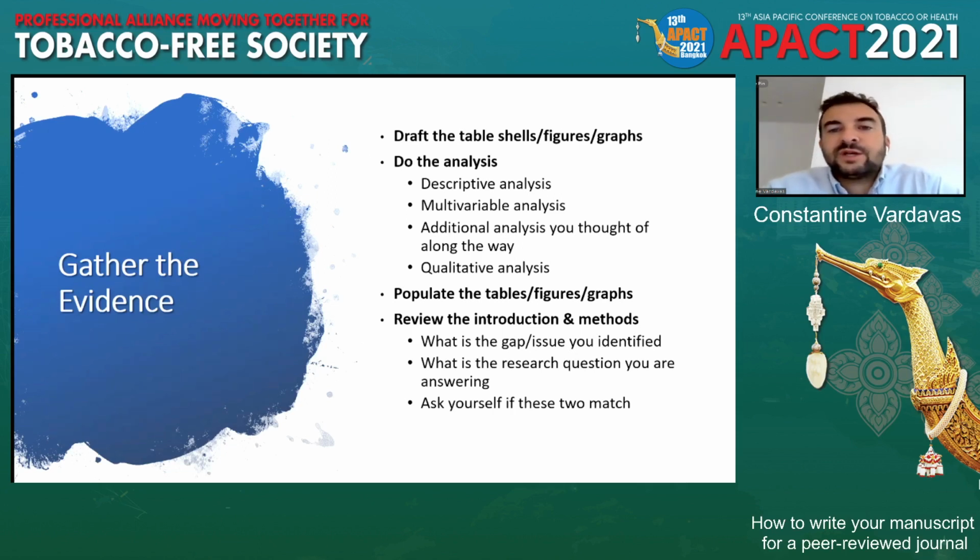Doesn't harm. So the analysis, as I said, also in the methods, it's the descriptive, univariate, student's t-test, chi-square tests, and then you go to more complex models. And additional analysis you think about along the way, and sensitivity analysis later on. So it must go from simple to very complex. The same way in a movie, you'd want the movie to build up. If you're watching a television show, if they kill the main character within 5 minutes, and then the movie is very slow afterwards, it's a boring movie.